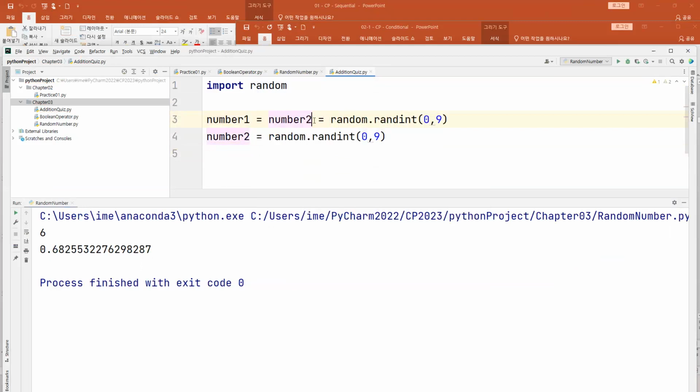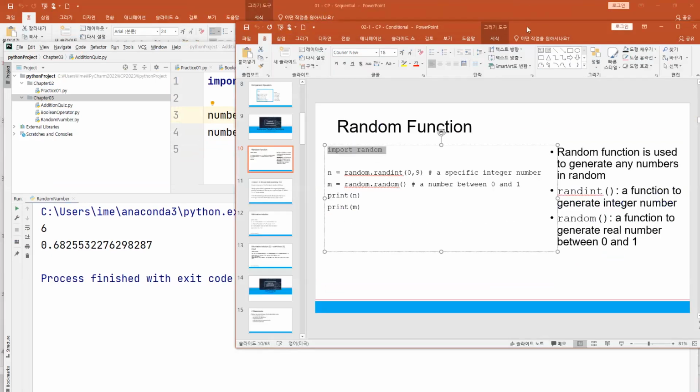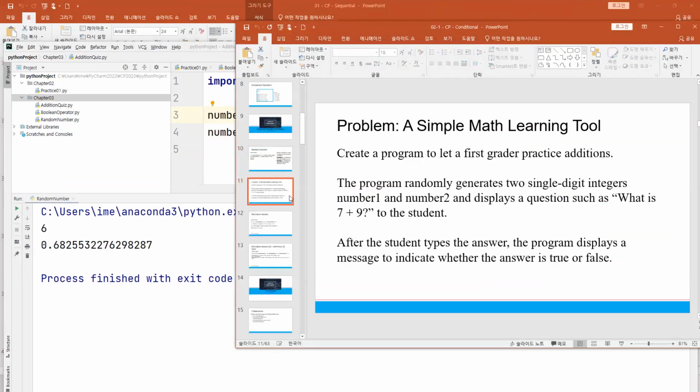But if you use this one, number 1 and number 2 will be the same. Okay. So I do not want to have the same number. So I make a different statement. And after this, the problem is